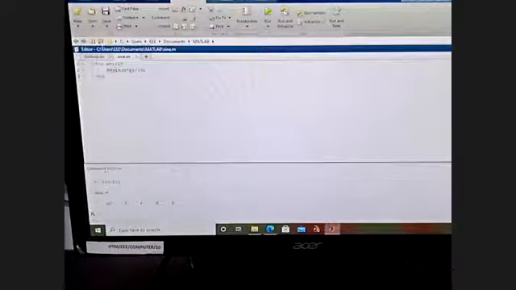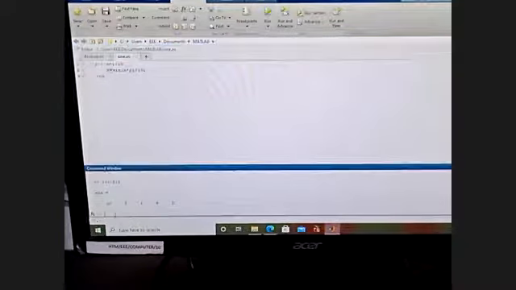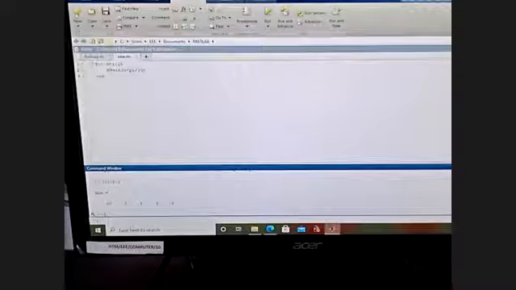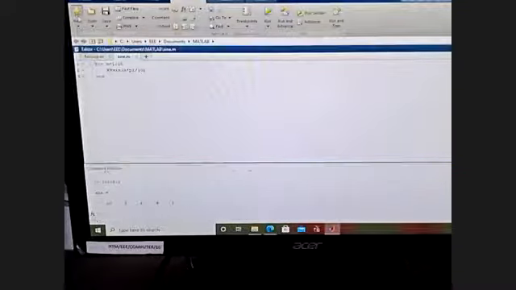See, n is equal to 1:10. Let me show how we are getting this file. Here, this is the command window. If two arrows are coming, that is the command window. In the command window, directly you can make calculations. Suppose you want a new file, see here, the new symbol is there. This is new. One new file will be opened. Here I am copying this. I had typed this one previously before this class.